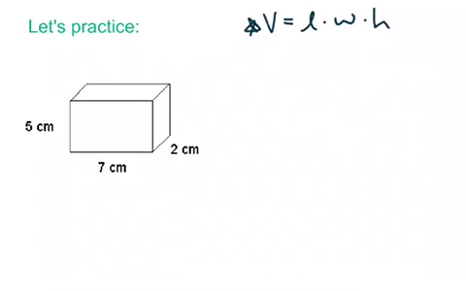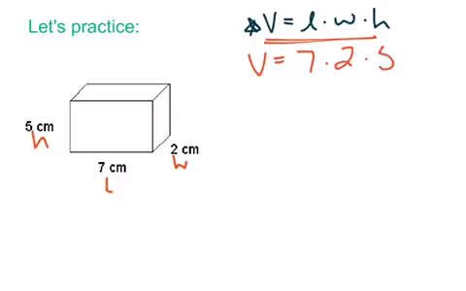So let's go ahead and practice. As you can see, I have the formula written at the top of the screen. It's going to be important that we identify our length, our width, and our height. So this is going to be my length, my width, and my height. I just want to make sure that I'm using all three numbers. Sometimes you'll have the same numbers and you just want to make sure that you're using each one of them one time. So I'm going to multiply 7 times 2 times 5,